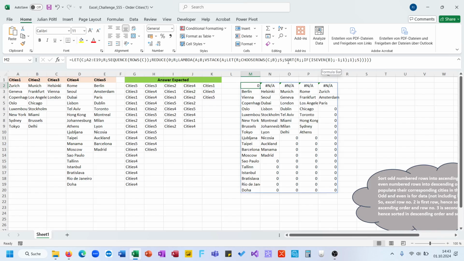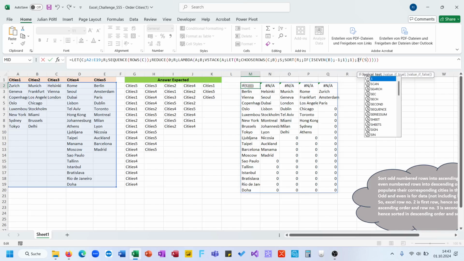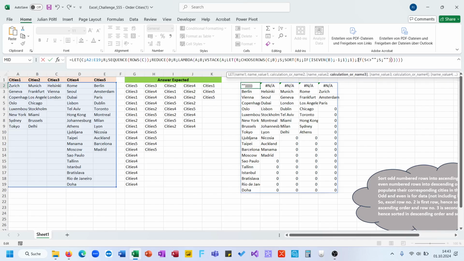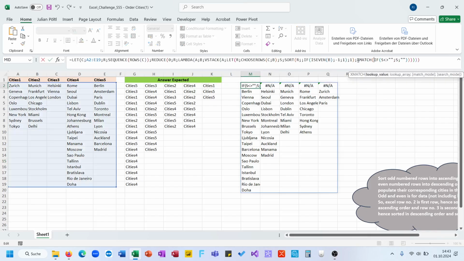And now, if sort is something, then I want to have S, otherwise I want to have nothing, to get rid of the zeros here. And so now I use an XMATCH function and match those values